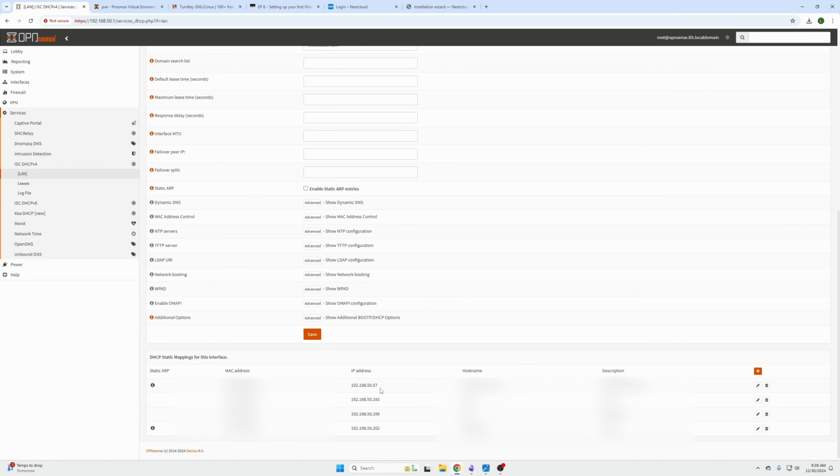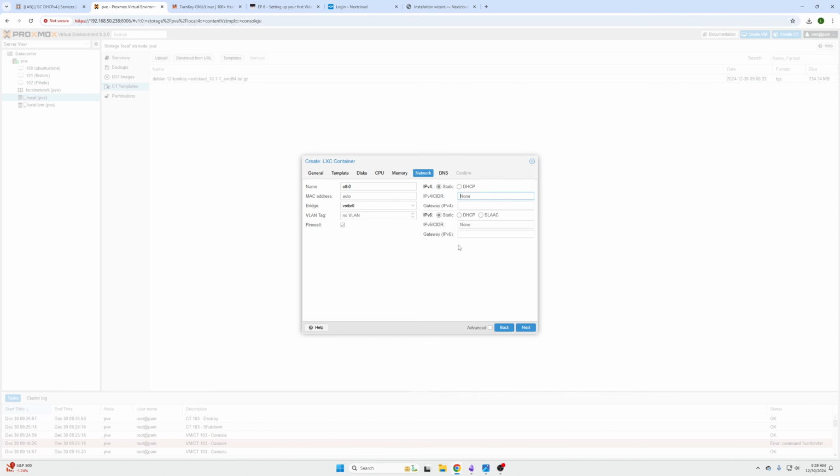Under our LAN tab, we would just also make sure that that IP address is not being used. In our case, 20 is not being used. So I'm going to use 20 for my device. I'm going to put it in here, and then it asks for CIDR notation. So I'm going to do a /24, and then in here we need the